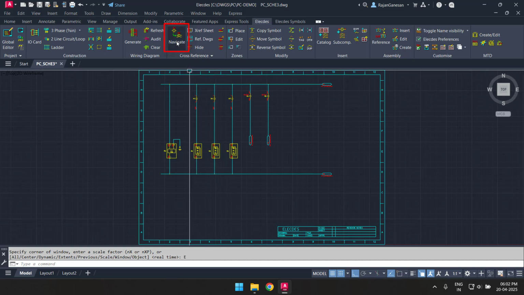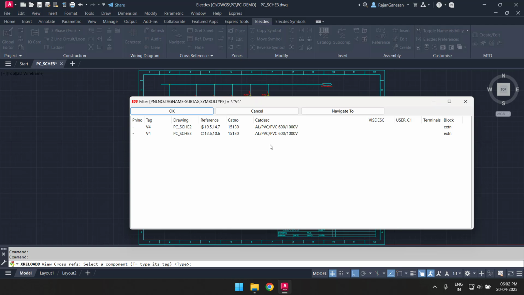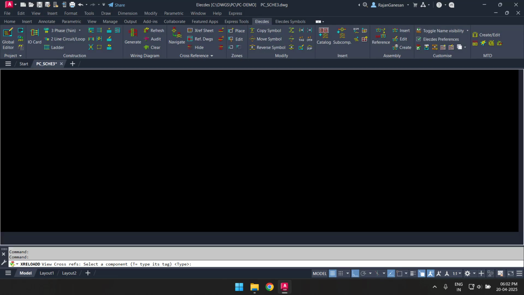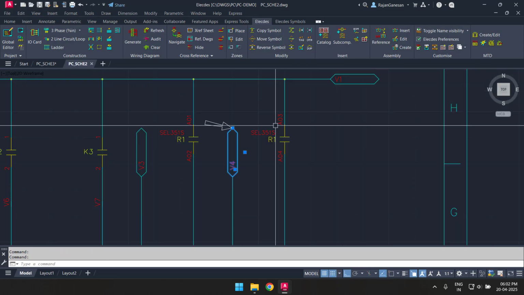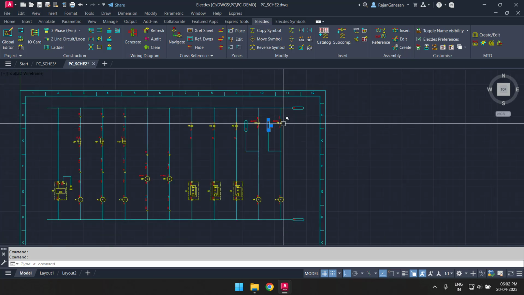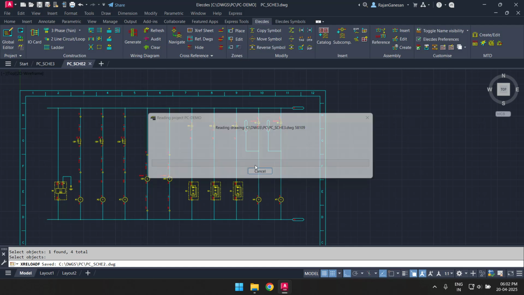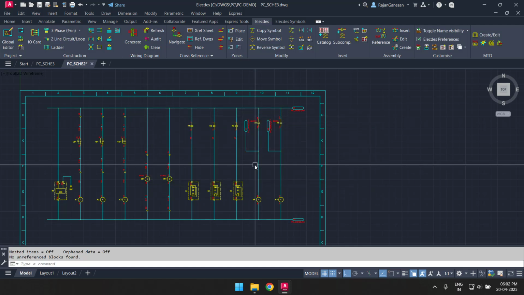Elektra has a project-wide navigation system. You can simply pick a component and jump to its other references. I'll choose a wire extension and jump to the other end. The navigation tool opens the drawing containing the other reference, zooms in on the component, and then highlights the reference with an arrow. While I'm at the other end of the extensions, I may as well use the cross-reference tool to insert the references on these wire extensions.